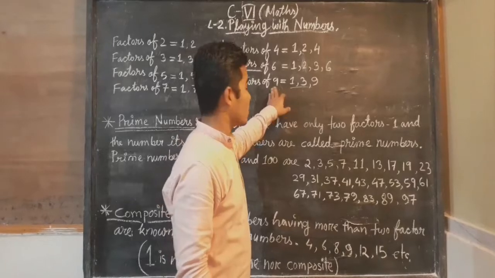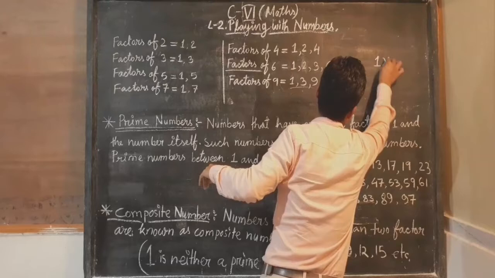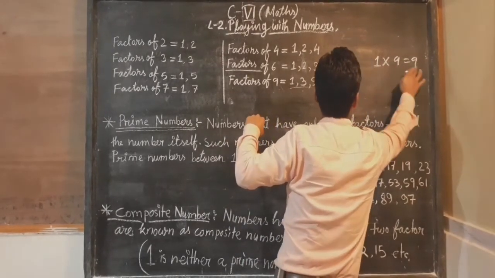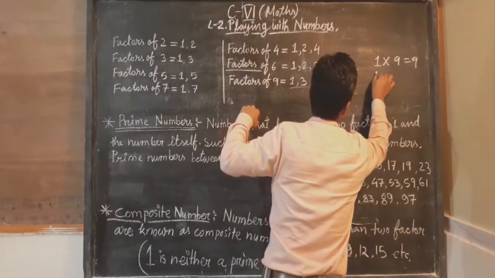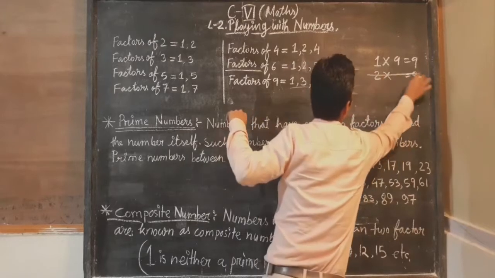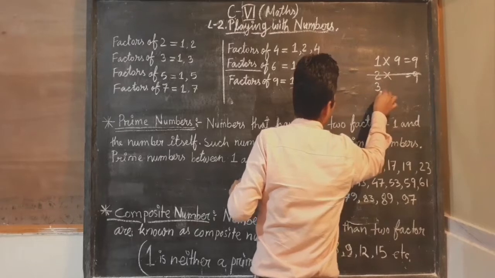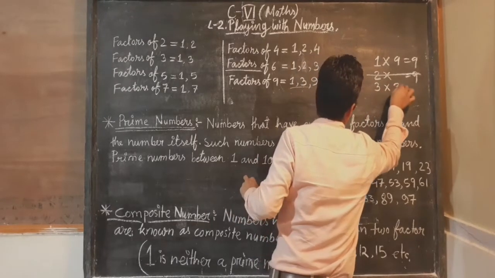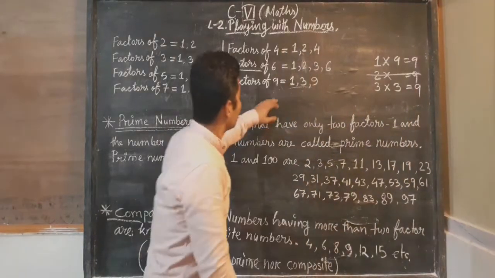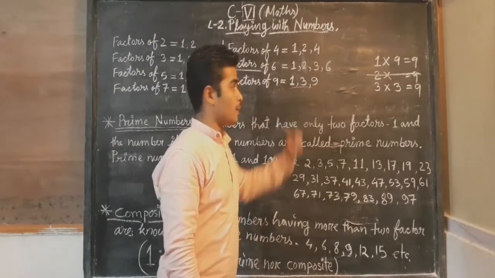Now I will find the factors of 9 also. Look at the board carefully, using the same method. Every number comes in one table, so I will write 1 times 9 is 9. So these two are factors of 9. If you go to the next table, you will see that 9 does not come in the 2 table, so 2 is not a factor of 9. In the next table you will see 9 comes in the 3 table. 3 threes are 9. So 3 is a factor of 9. So the factors of 9 are 1, 3 and 9.